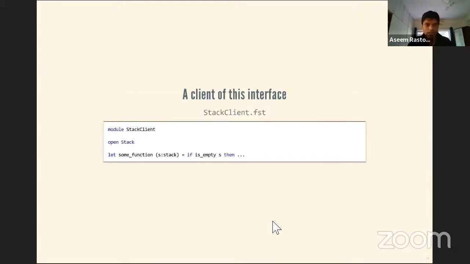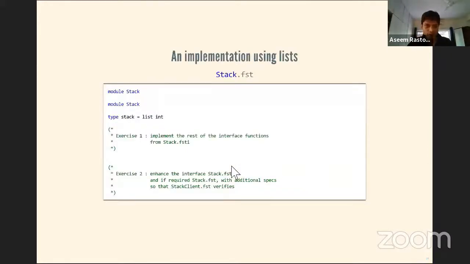So a client of this interface is going to say, okay, I'm going to open Stack. By open Stack, it means that the stack interface is now in your context. And you can write some function by checking isEmpty s, and then you can work with the interface that's exposed to you. The implementation of stack could implement stack as a list of integers, and this is actually one of the other exercises in the tutorial GitHub repo. There it asks you to implement the rest of the interface, and then we also provide a stack client, and then you have to enhance the interface so that the stack client can verify